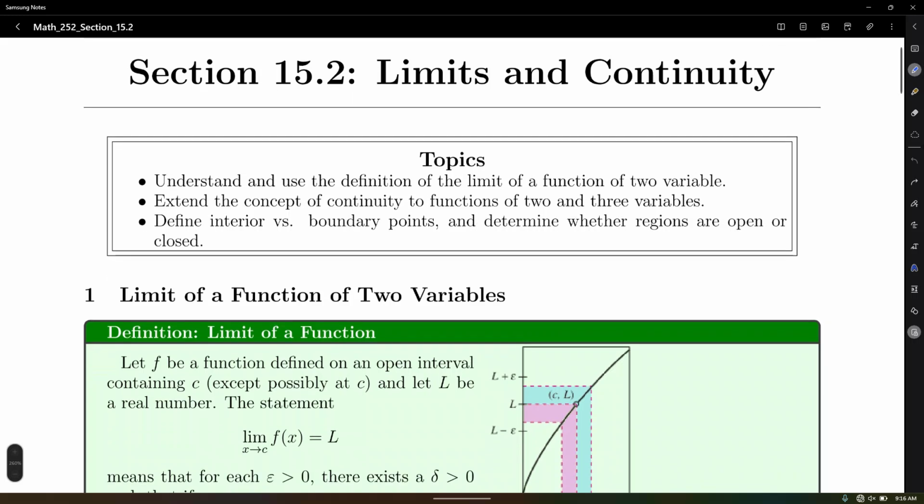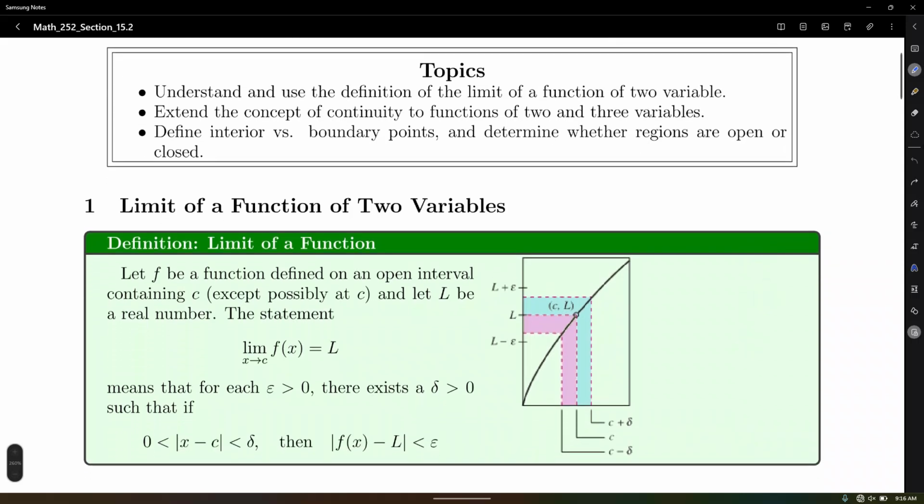So in section 15.2, we're going to discuss how to evaluate limits of a function of 2, 3, or as many variables as you want. All right, there's no limit, no pun intended here. What else? We will discuss the continuity of a function of 2 or more variables, as well as define what